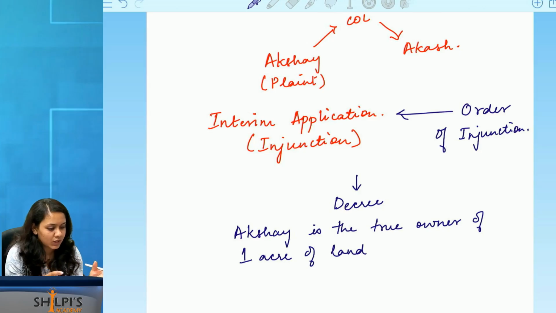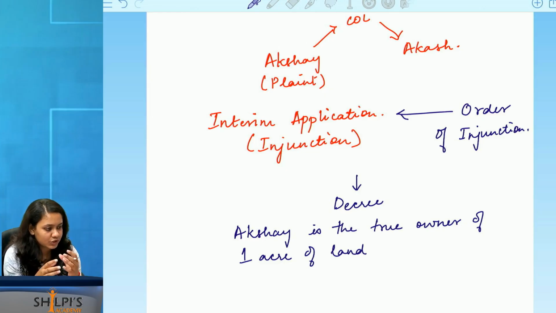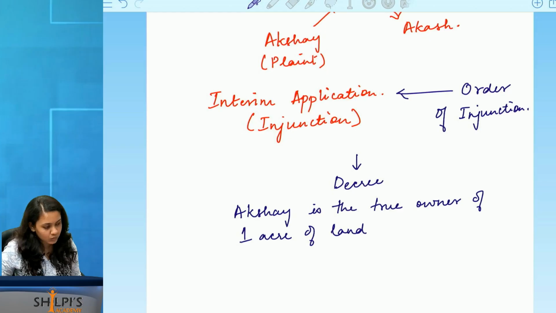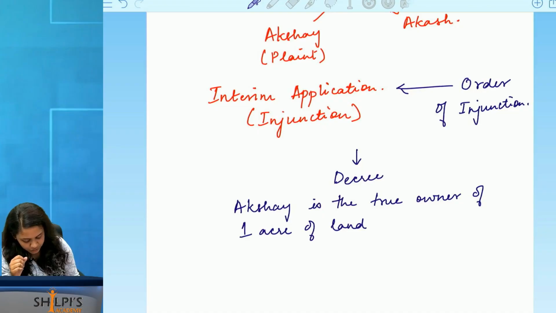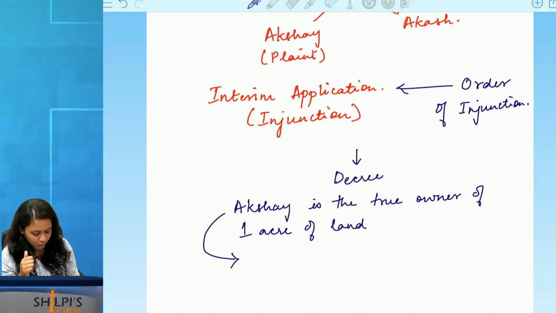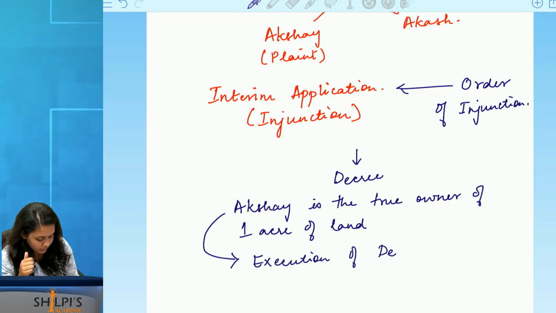Right now, the brother Akash is living on the property. Akash is the one who has the documents related to the property. And right now, the property is as a 2 acres whole. You are not able to partition it into 2 parts. Rather, it's being held together. So, a lot of procedural requirements to ensure that Akshay gets his part and Akash gets his part. Okay. So, what they will do at this stage of decree is that Akshay will apply for the execution of decree.